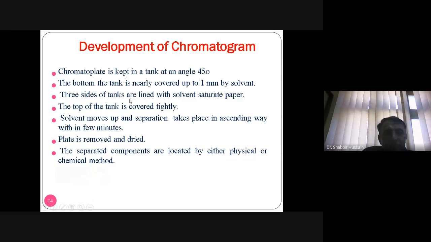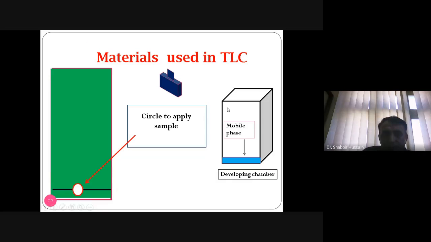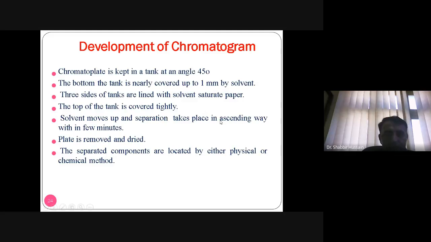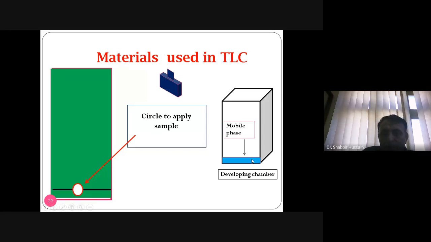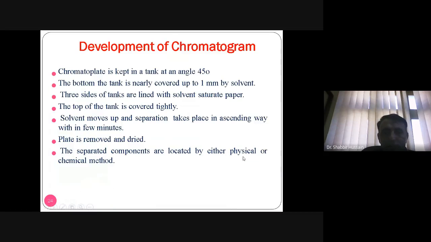3 sides of the tank are lined with solvent saturated paper. The top of the tank is covered tightly. इसका जो टॉप है इसको सही तरीके से कवर करना होगा ताकि जो एयर वगैरह जो है इल्यूशन को डिस्टर्ब ना करें। Solvent moves up and separation takes place in an ascending way within a few minutes. Just आप डिप करोगे, इसके फ्यू मिनट्स के अंदर आपकी जो सॉल्यूशन की सॉल्वेंट की इल्यूशन जो है वो स्टार्ट हो जाएगी।